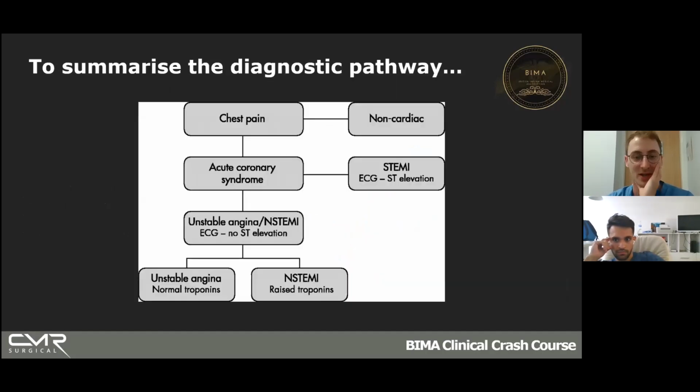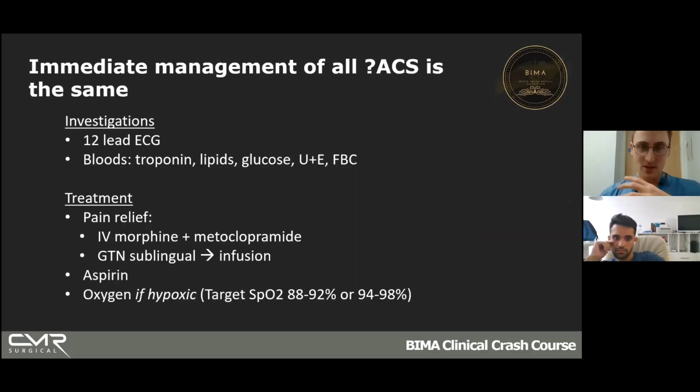No worries, no worries. So we talked about how to diagnose ACS. So how do we treat ACS? The immediate management of ACS is nice and easy. It's all the same, no matter what ACS you have. An important principle with ACS treatment is that everyone gets the same stuff. They just get it over different time frames. So start with your investigations. Someone's got ischemic sounding chest pain. You do an ECG. That's the first thing you need to do.